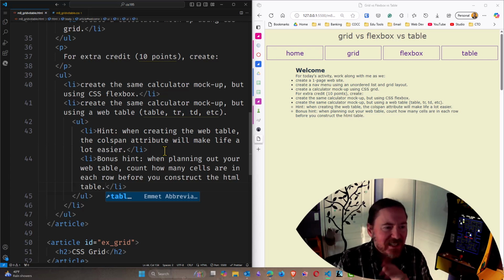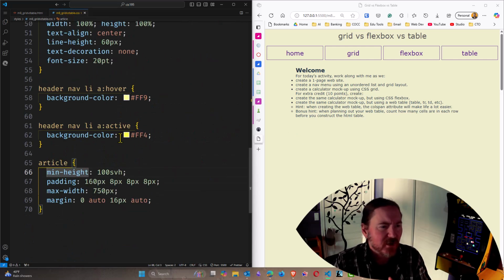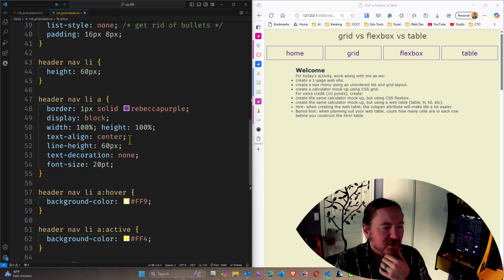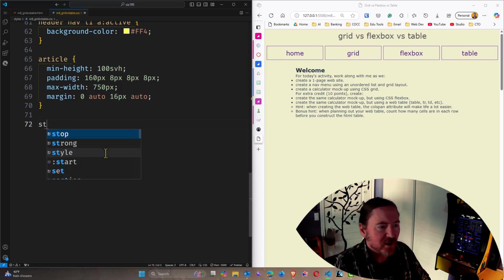So that is that. So I've got this text up here, but I want to do some styling. You can see because of my reset rule, it is kind of all scrunched up together and everything's lined up. But I want to enhance this a little bit, make it a little bit easier to read. So let's see, I'll head over to my CSS. Do I already have a rule? I don't have a rule for the H2s yet. So those are in my articles. So I'll go ahead and do all of this. Article,